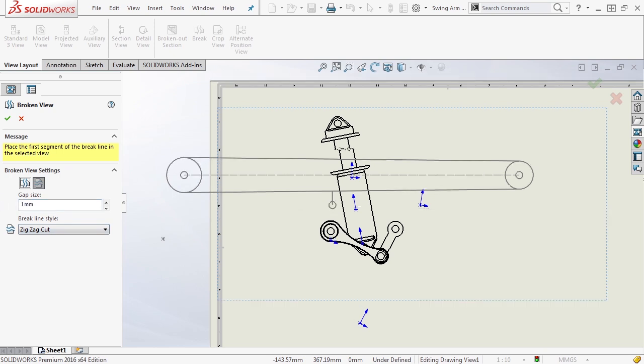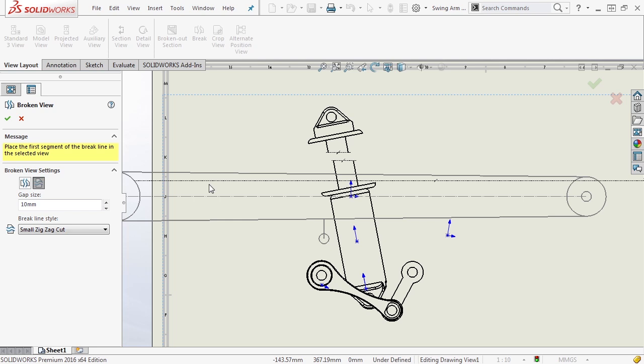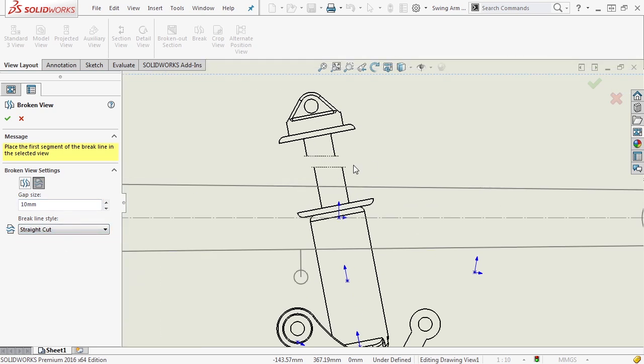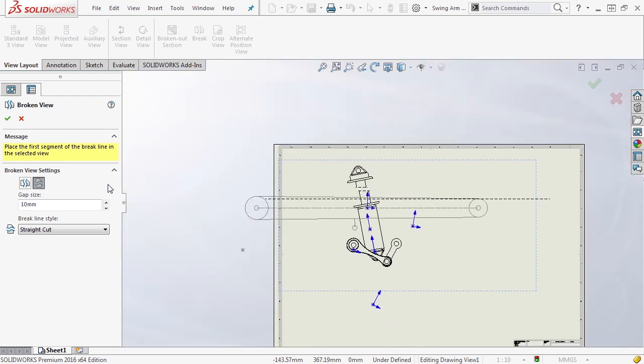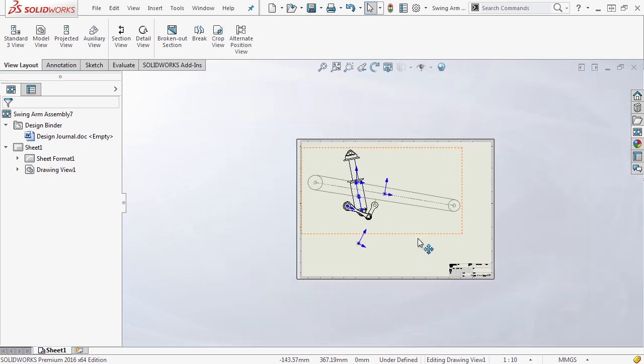And you notice that we also have some options. We can reduce the gap size, and we can change the way that it's cut. You can see that we have straight cut, curve cut, zigzag, and small zigzag. You'll also notice that here is one of the areas where it doesn't work very well, or rather it gives us some problems. Because this was at an angle to start with, you'll notice that the break cut doesn't automatically align it. So if you have structural members that are at an angle, it's going to create the view at an angle and offset. So I'm going to undo and get out of that view,